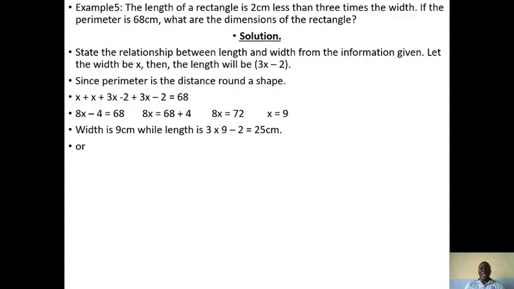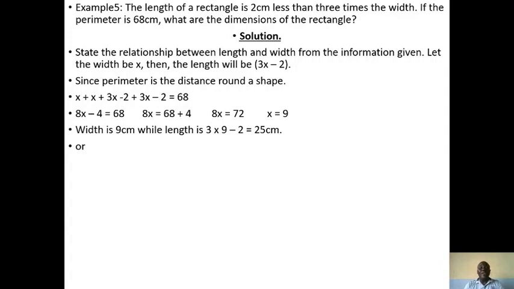So the next statement, that is what I said. I start by saying state the relationship between the length and the width from the information given. So when you want to state the relationship, what do you need to know? The width. So I said let the width be x. So if the width is x, then the length should be 3x minus 2, because they say that